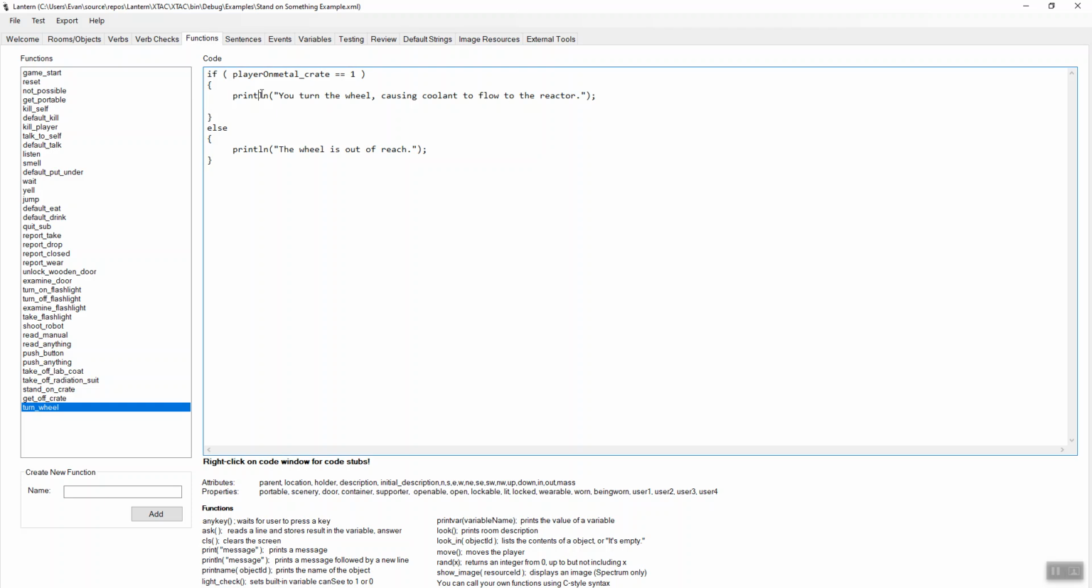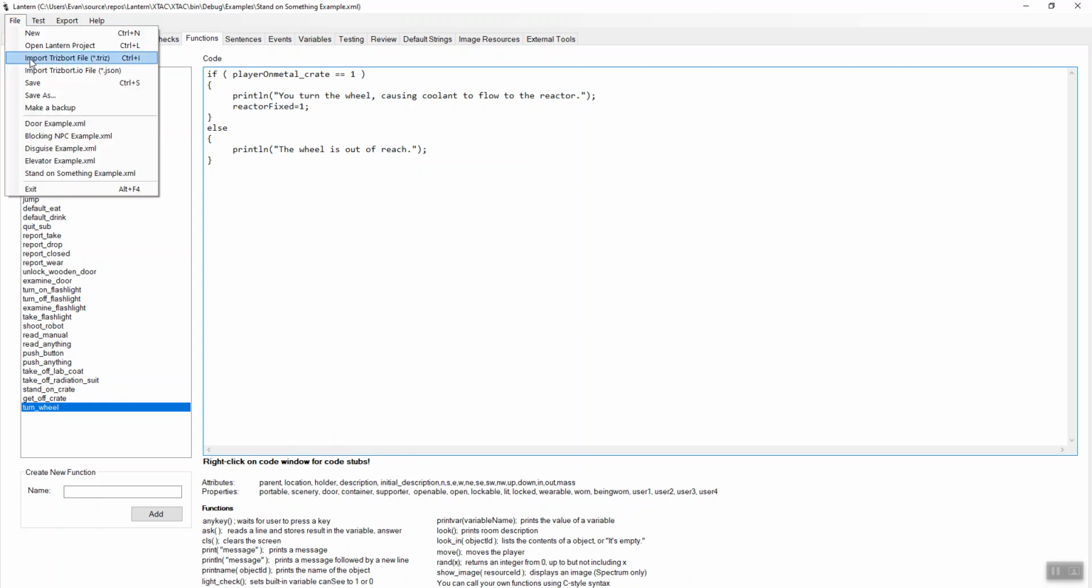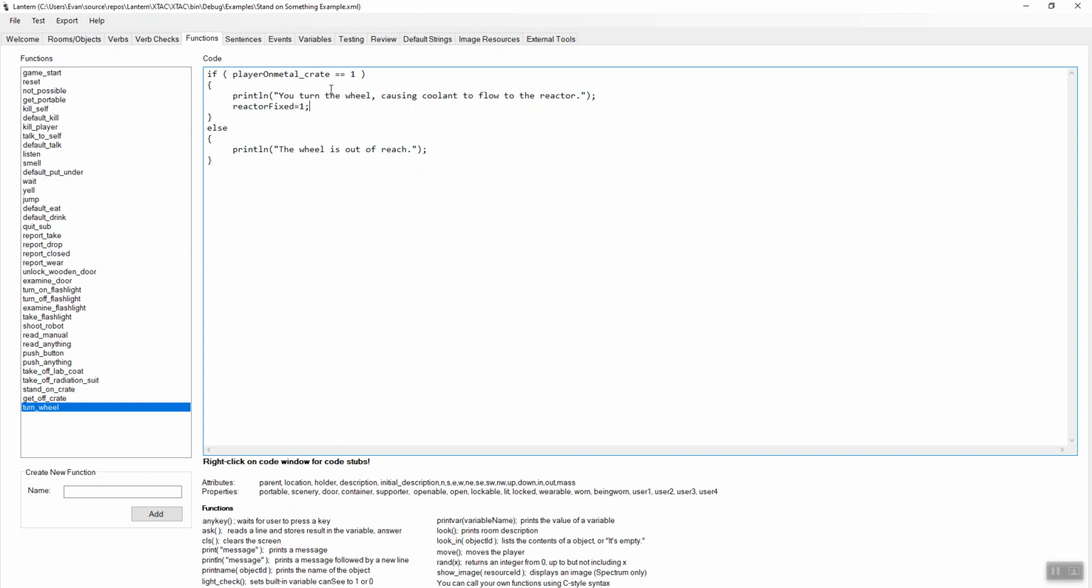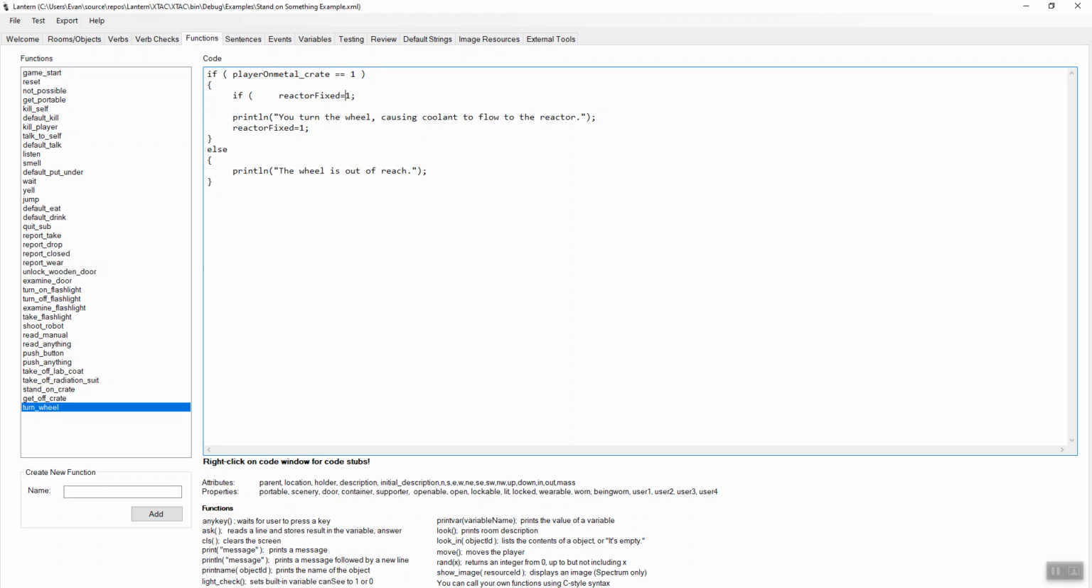So let's go to, we'll set that variable to 1. We'll say we fixed the reactor. Okay. Save. So we've got our turn wheel function. Okay, so now that we know that turning the wheel fixes the reactor, we could also say if the reactor fixed